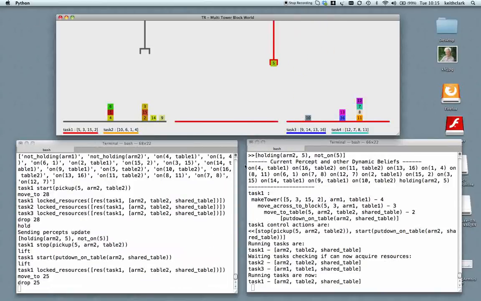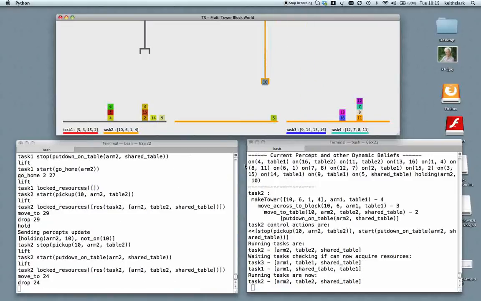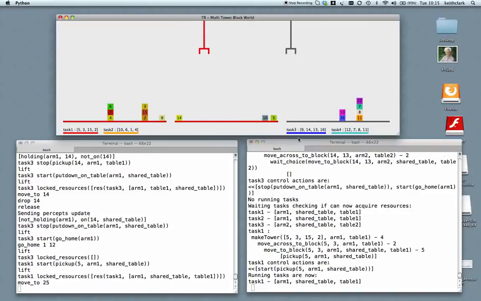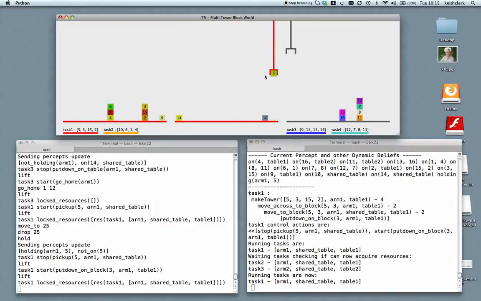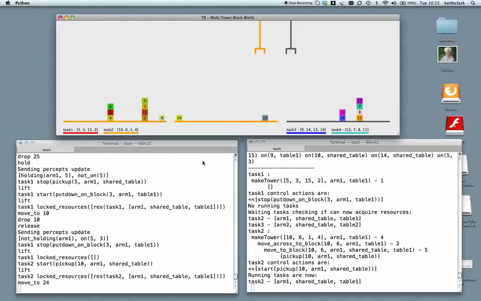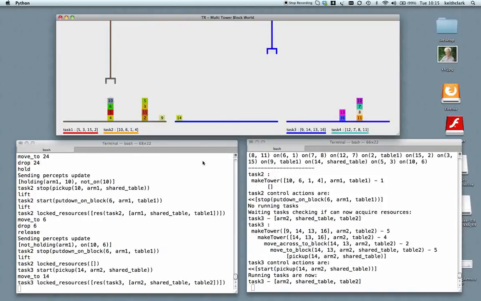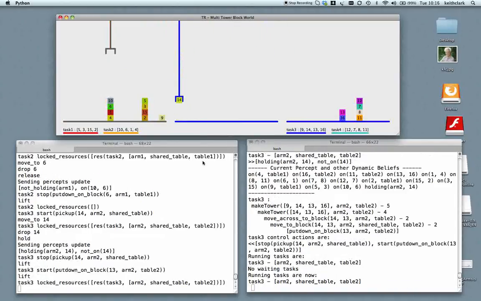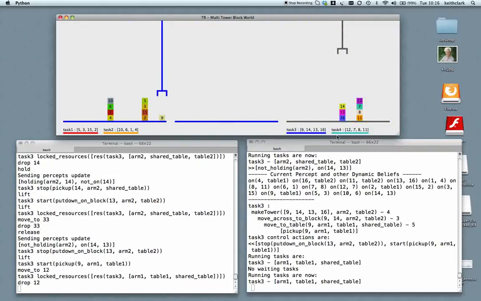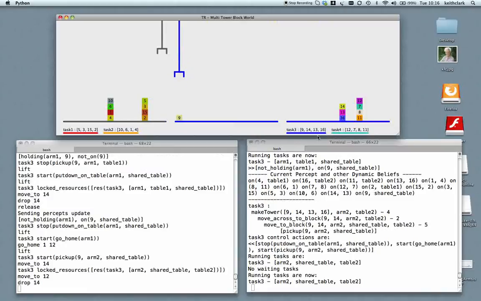Okay, that's the 5 going over. Now it's orange, so that's the 10 going over. Now blue, 14 going over for task 3. And now this one is picking up its block to move over. That was task 1 picking up its block. It's task 2 picking up its block. Now this task 4 will have to, oh no, it was task 3 that was short of,